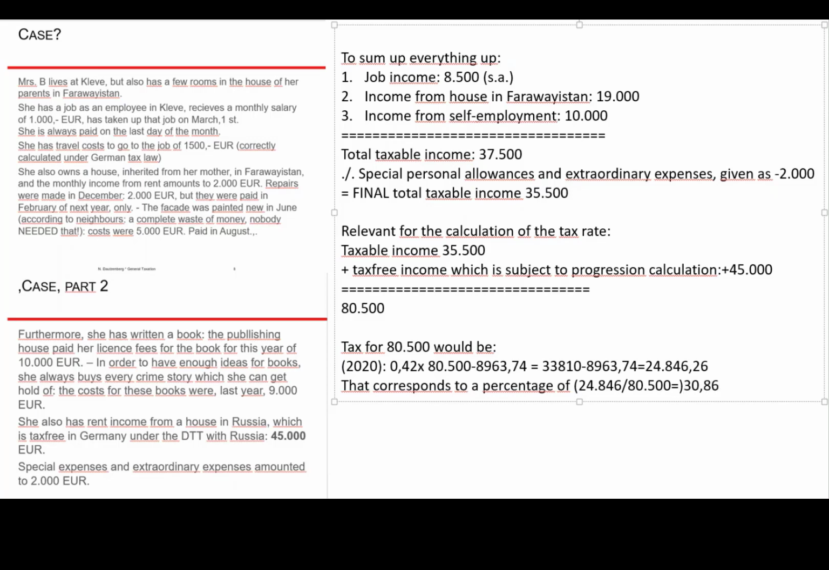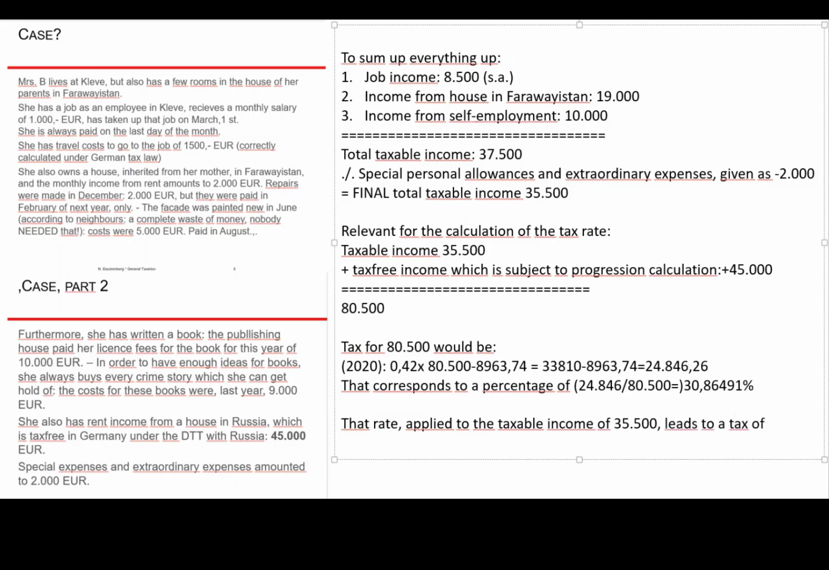30%, 86491. You can round it a bit or less, more or less, it doesn't really play a role. And that rate applied to the taxable income of 35,500 leads to a tax of